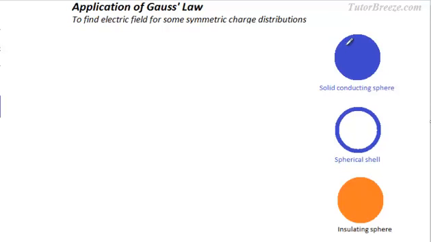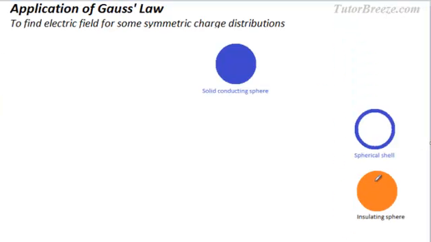In this lesson, we are going to discuss the electric field both inside and outside a solid conducting sphere that is charged. And then we will also find the field both inside and outside a spherical shell, which means if this is hollow, if the sphere is hollow inside. Now let us consider a charge Q on each of these objects.